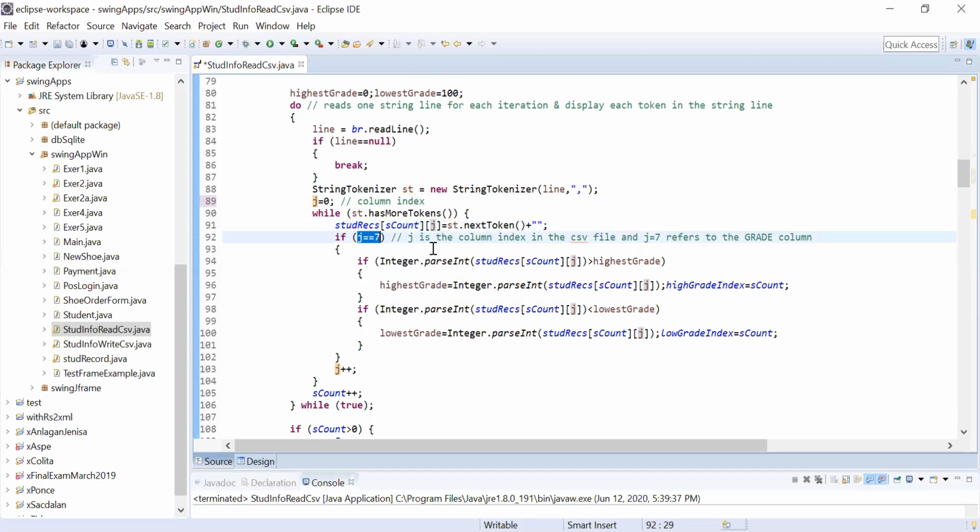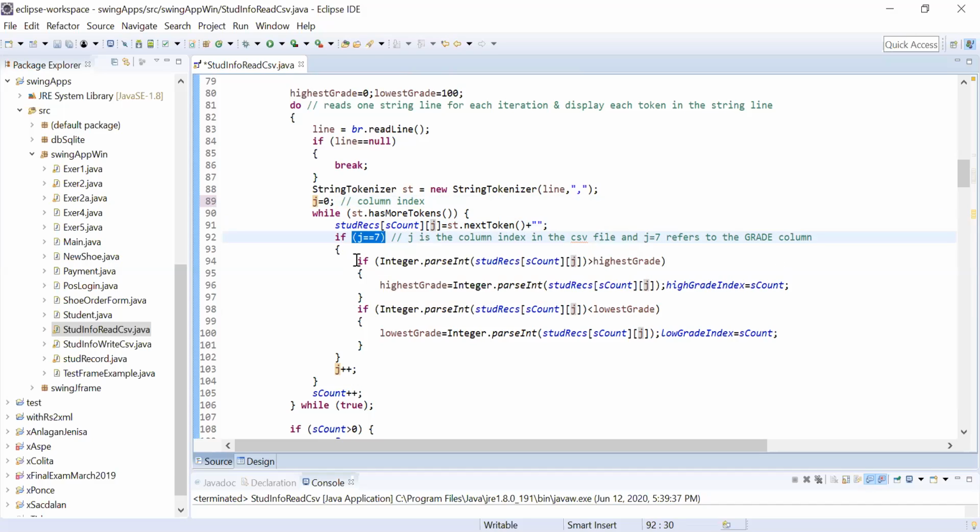Remember, the column index J, when it is equal to 7, refers to the grade column. The grade column is index 7, when you start with 0. So if J is equal to 7, meaning you have reached the grade from the ID,